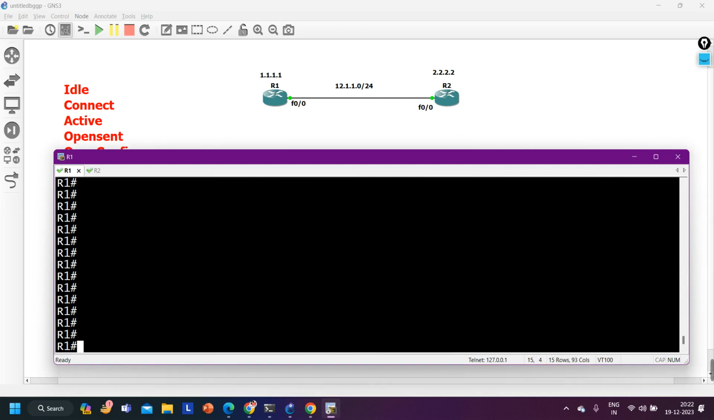So let's say 1.1.1.1 and 2.2.2.2 are not reachable with each other, and I have configured BGP. On router number 1 I have defined neighbor 2.2.2.2 remote AS, let's say, 100. Then what will happen? Neighborship will still be in idle state because the route is not available for